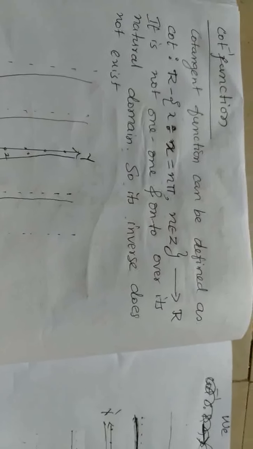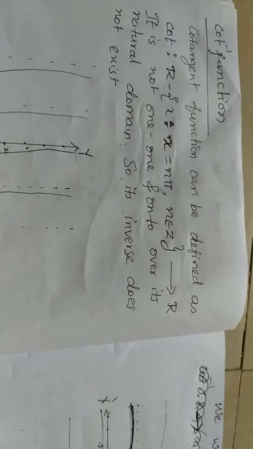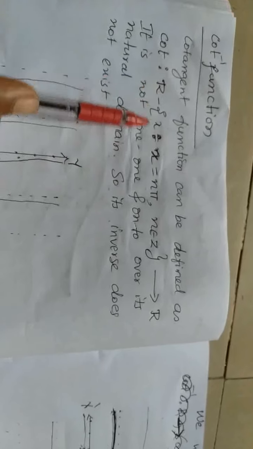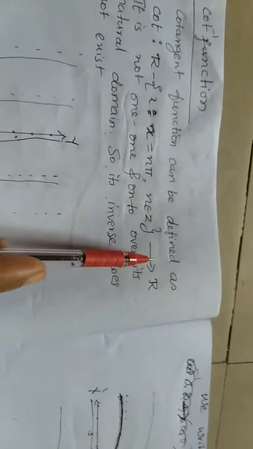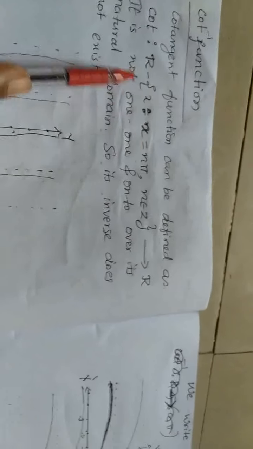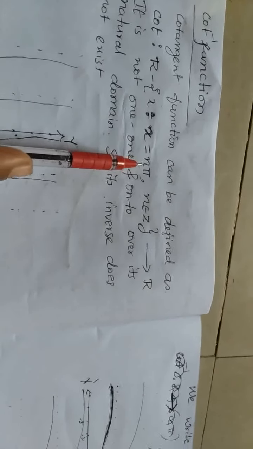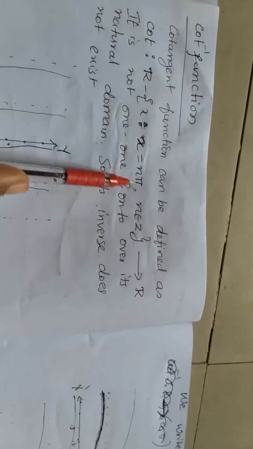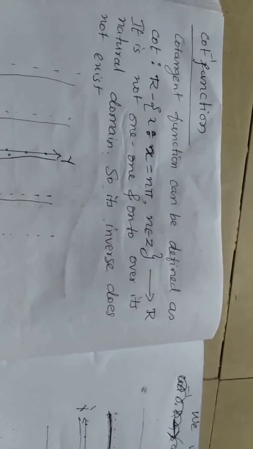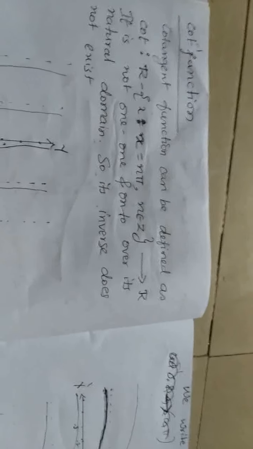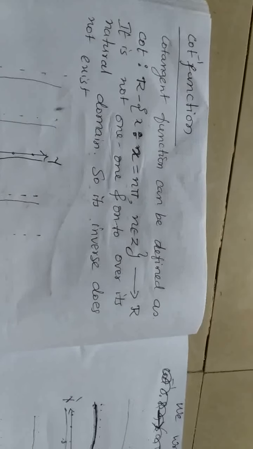Next one is the cot inverse function. You studied about the cotangent function in first year. You know that the cotangent function is a function cot from R minus the set of all x such that x is equal to n pi, where n belongs to Z, to R. Here the domain contains all real numbers except the integer multiples of pi. Means we can't define the function at 1 pi, 2 pi, 3 pi, minus 1 pi, minus 2 pi, minus 3 pi, and 0. All those, and its range is all real numbers.